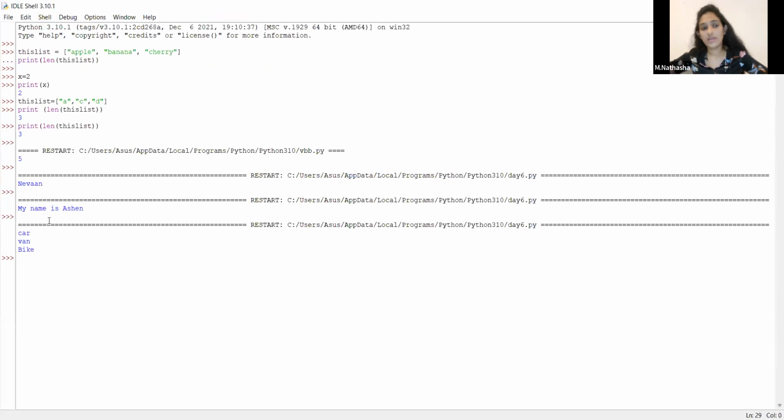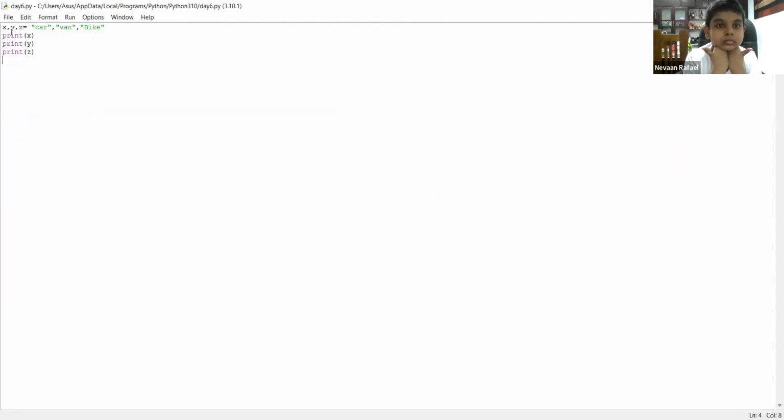Here it gives all the variables the values we assigned, right? Here we are assigning multiple variables at once. Got it? Okay.